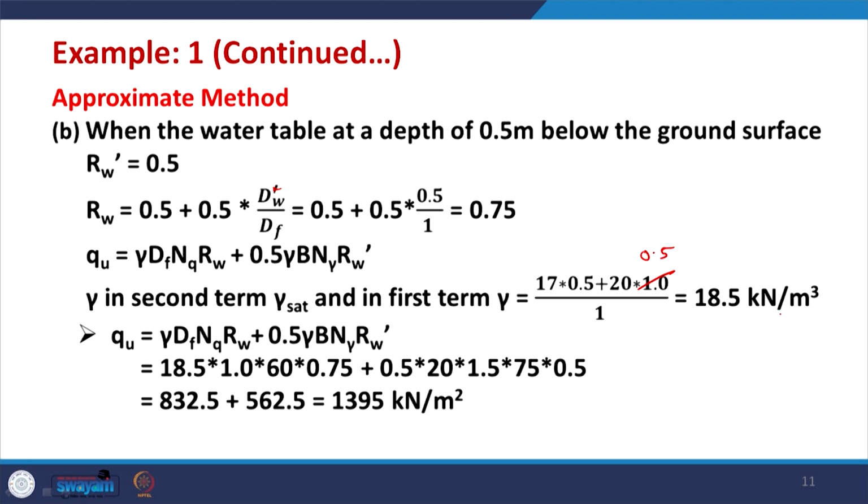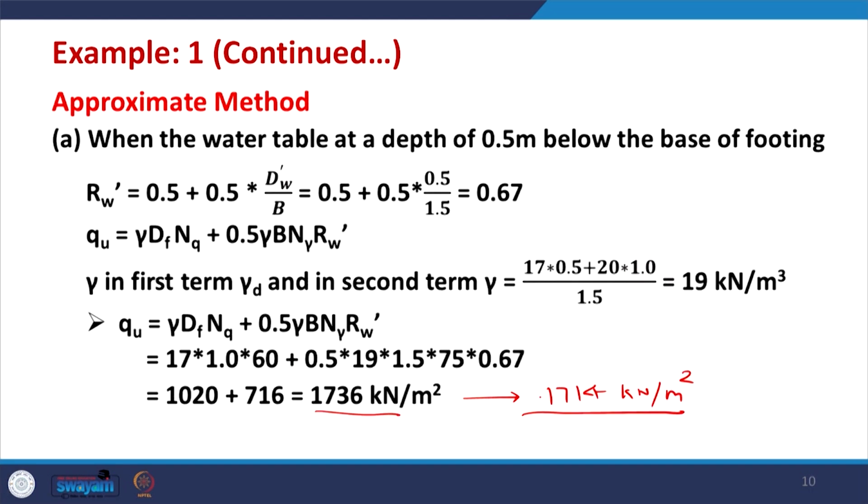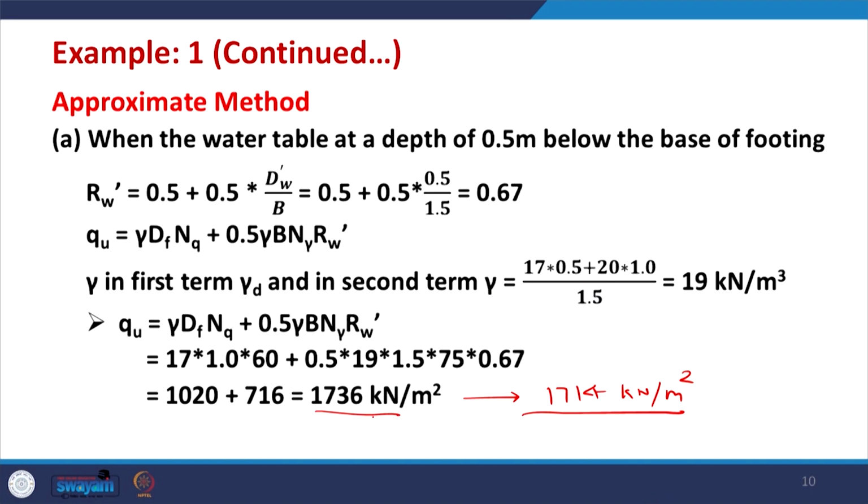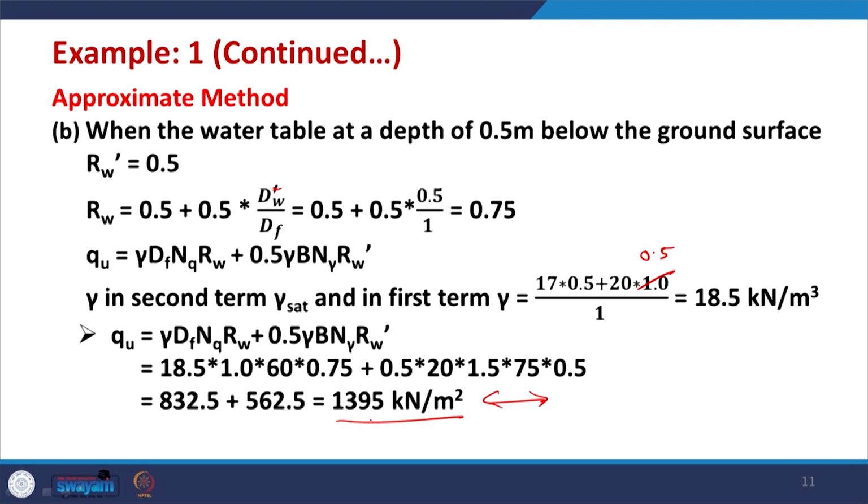So, you get 18.5, and once you put all these numbers here, you get 1395. Again, if you compare this with the exact method, where the value was 1372 kilonewton per meter square,